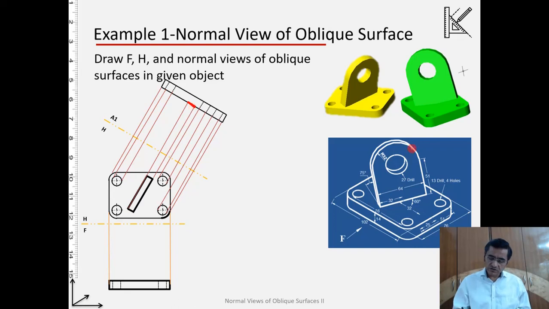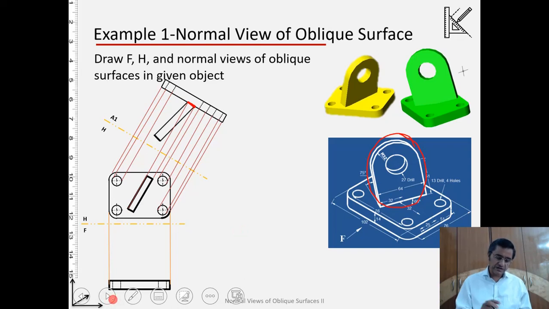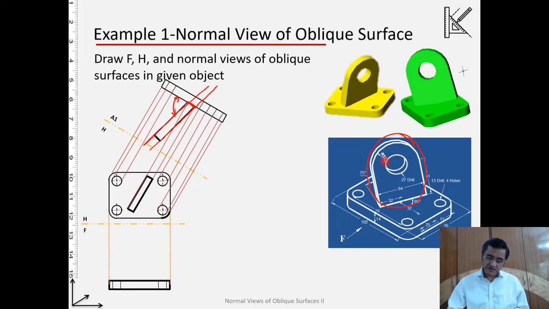Now we know the size of the inclined part. Okay, we know its height. So that height we can plot here, and we also know its inclination angle, because this is something which is given to us. So with the help of this we can plot this inclined part. Now we know one thing, that on this face and this face we have the details as shown over here. These are the details.